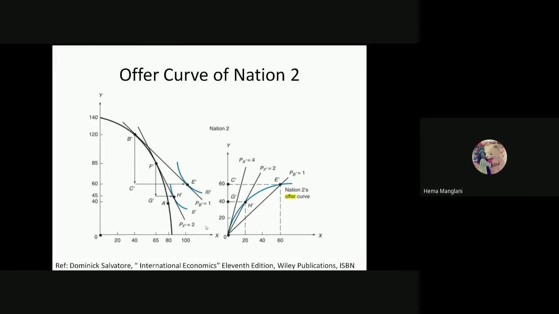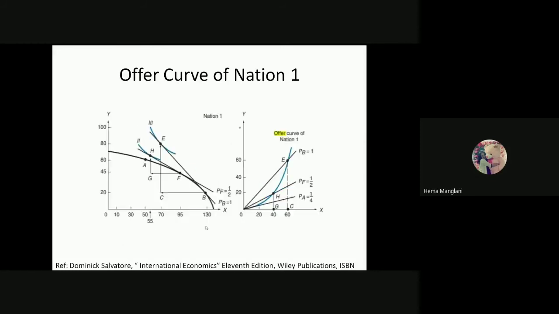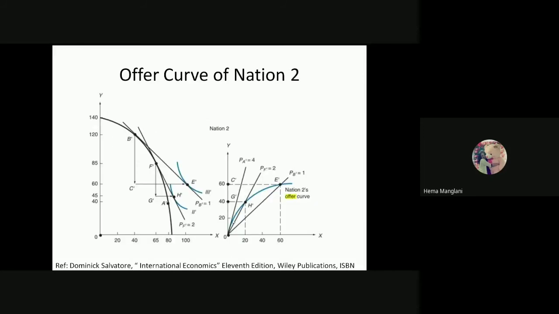Okay. Now, in that sense, what is the offer curve where the two countries would intersect each other? See, this analysis is also reversed. In nation one's offer curve derivation, the shape becomes inelastic just because PX by PY is rising. Okay. So here this PX by PY would decline because it's just a reversed case. Okay. So if the terms of trade equals 2 here, the country's triangle of exchange would be like this.